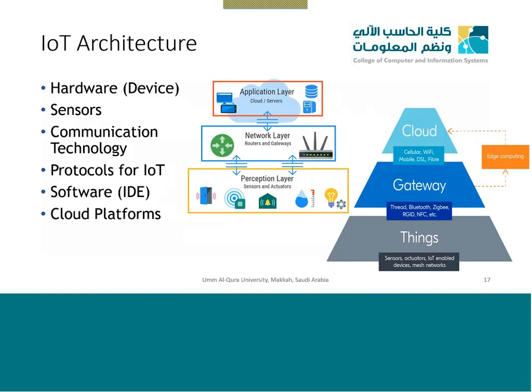This is a basic architecture of the node device for a complete network. We have the perception layer where we have the sensors, very limited work because the sensor technology has matured a lot. We have ready-made nodes, we have ready-made sensors. We don't need to connect all these things by hand. Everything is available these days. We can buy a ready-made system. The main thing lies in the application layer and in the network layer, on how to use these smart devices to communicate and to connect with it.